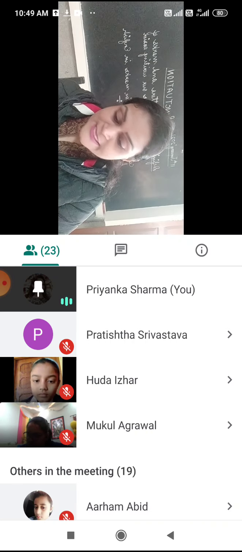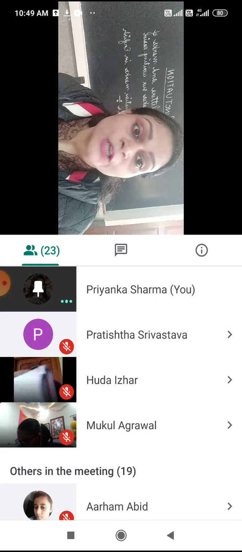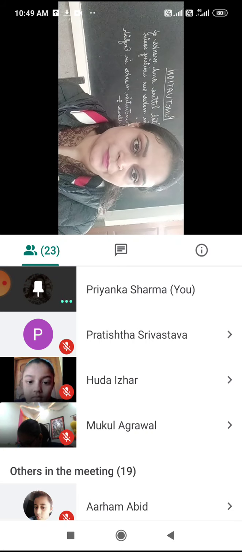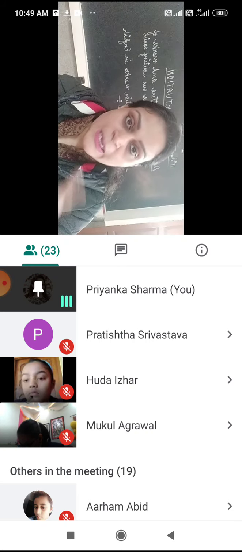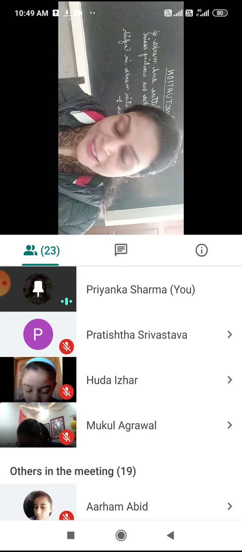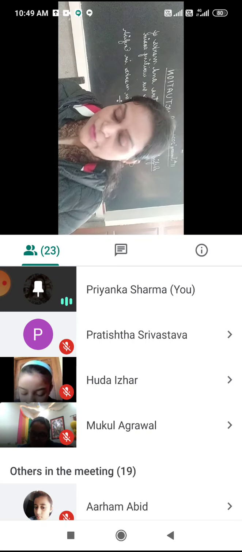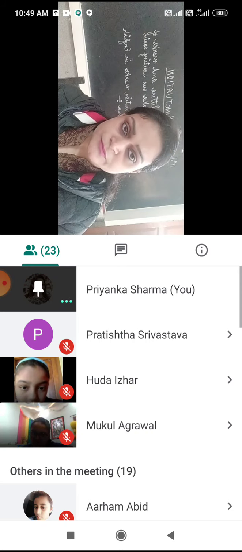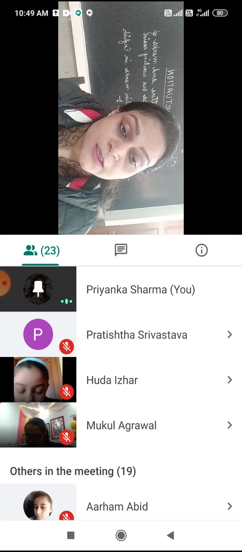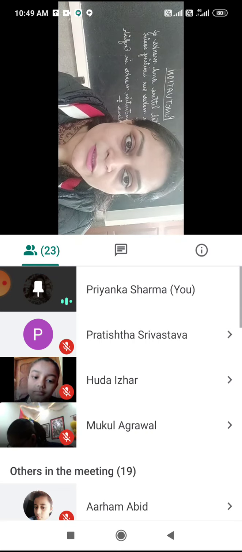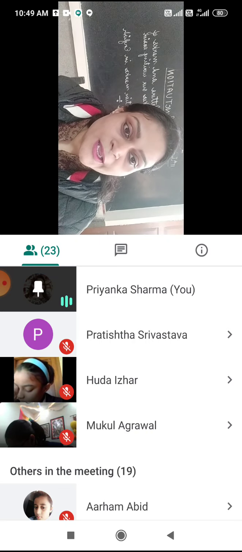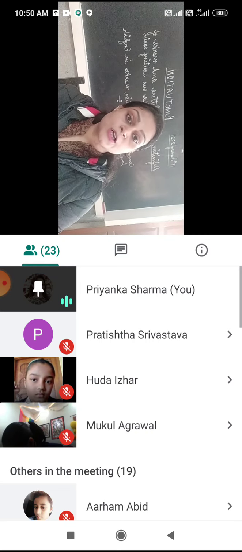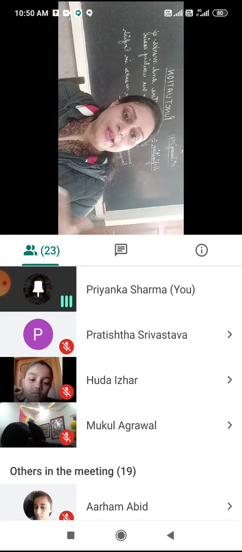Then capital letters, the 7 points that we had studied today. Those points you will write with one example each. For example, point number 1, a capital letter is used to begin a sentence. You will write this and then one example. Then point number 2, for titles of names of people, and then one example. Then point number 3, for pronoun I, then one example. Then point number 4, for titles of work, books, magazines, then one example.